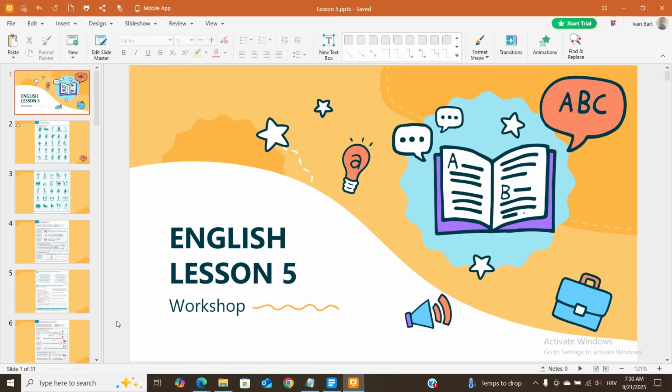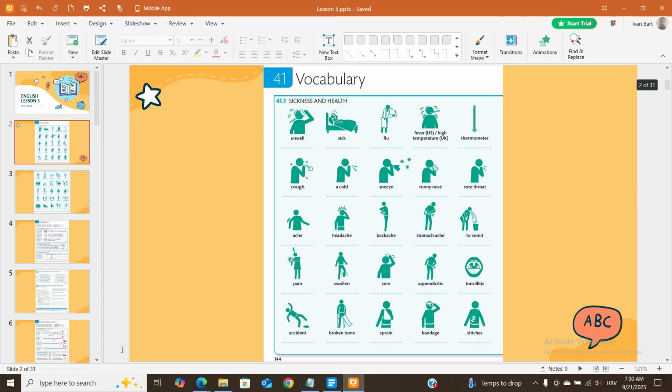141 Vocabulary. 41.1 Sickness and health. Unwell, sick, flu, fever (US), high temperature (UK). Thermometer, cough, a cold, sneeze, runny nose, sore throat, ache, headache, backache, stomachache, to vomit, pain, swollen,